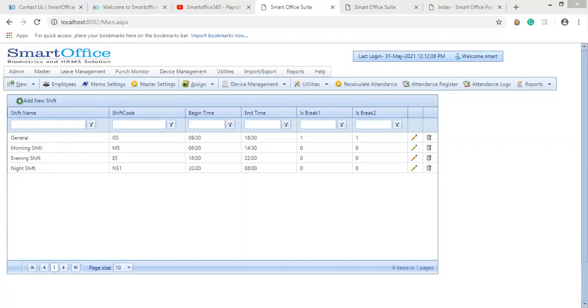I have an afternoon shift at 2:30 to 8:30 or 9:30, and a night shift starting from 9:30 to morning 8:30.